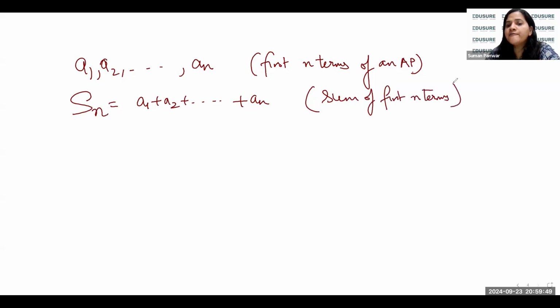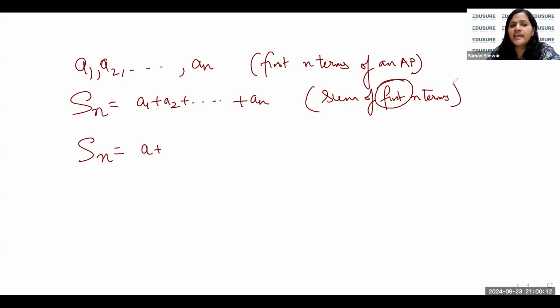Please note that first is very, very important here. If I say S50, it means I'm adding the first 50 terms of an arithmetic progression. We have to start counting from the first term of the arithmetic progression. Okay, so let's try to derive a formula. So Sn is